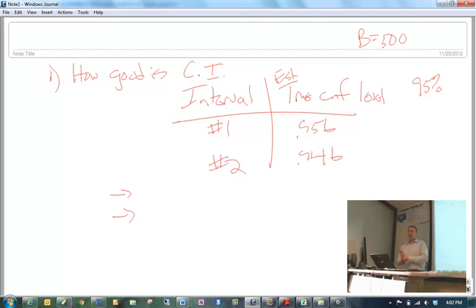Just because you have maybe a 99.9999% true confidence level does not mean that that interval is better, even though it has a higher level of confidence. You're looking at how close it is to the stated confidence level. So, closeness to 0.95. Then the second thing is that you need to take into account the Monte Carlo variation that's